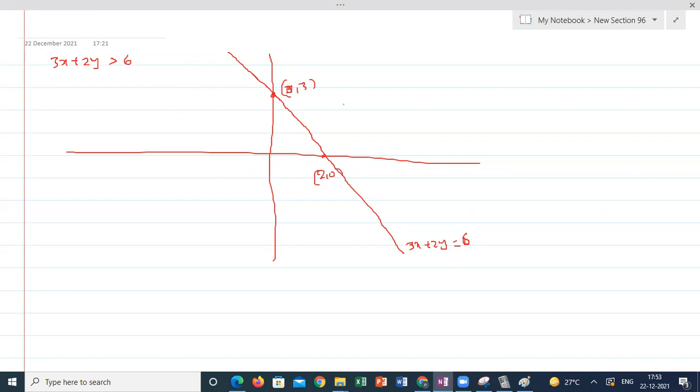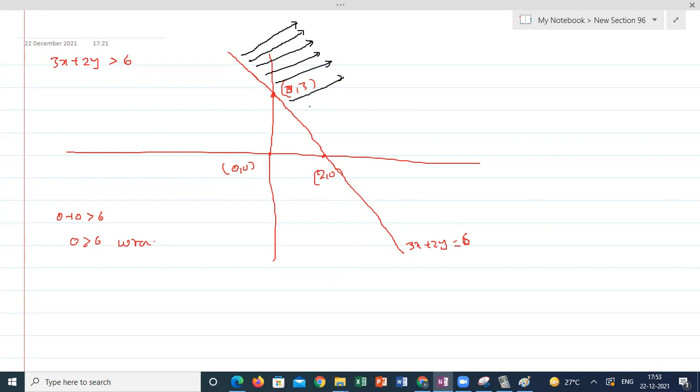So there are two options, below the line and above the line. Below the line, there is a point (0, 0). If I'm substituting (0, 0), a point below the line, into the given expression, 0 plus 0 is greater than 6. So 0 is greater than 6, which is a wrong statement. So the points below the line are not the solution set of this expression. So the points are above the line,